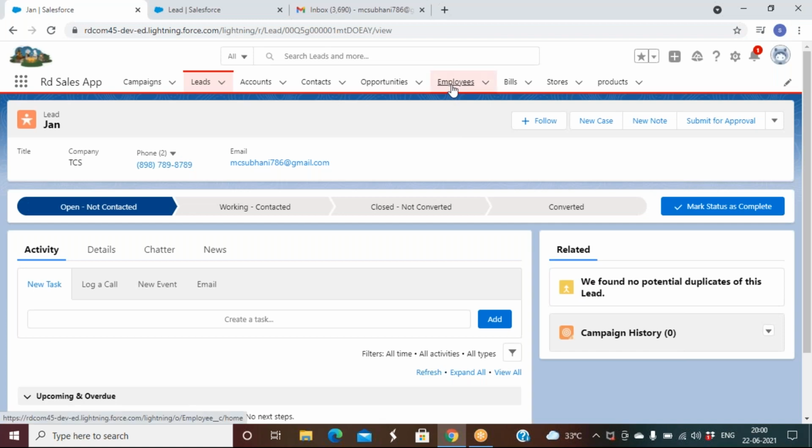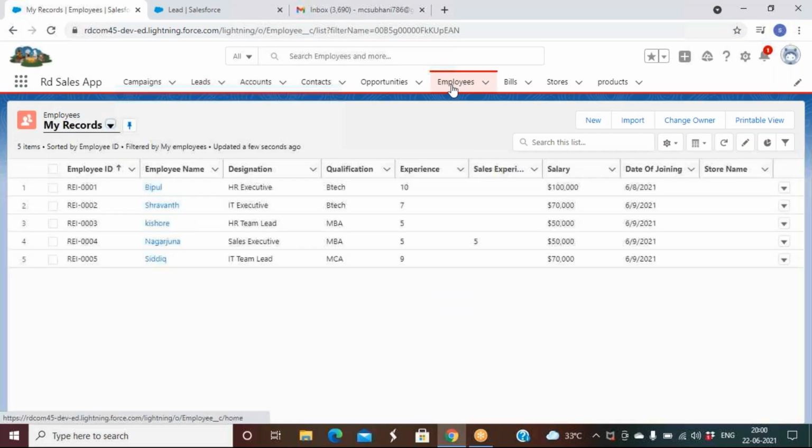So next we'll talk about one more email alert. We'll write it on a custom object. Whatever we have seen till now was on the standard object, the Lead. Now we will see it on a custom object called the Employee object.